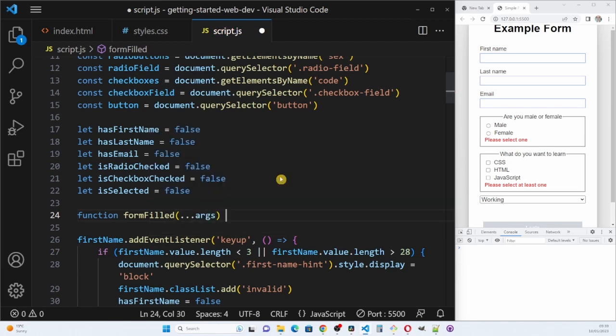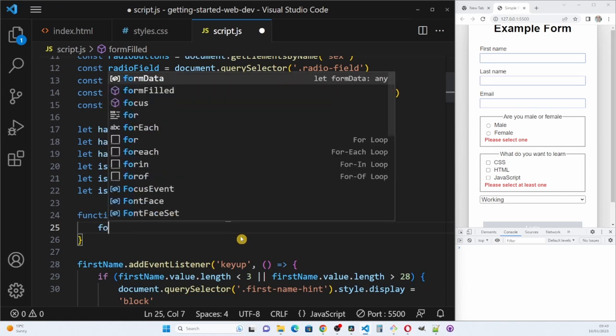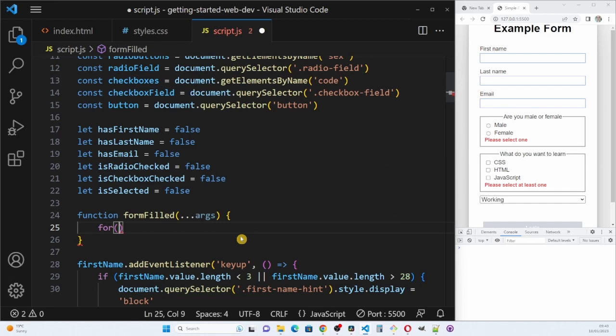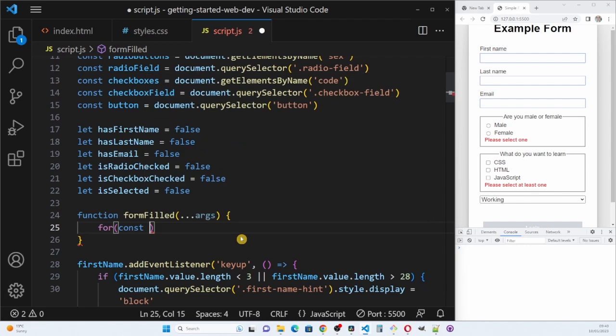This is so that if you wanted to put some more input boxes, you could. This will take any number of arguments, and we're going to use for const arg of args,